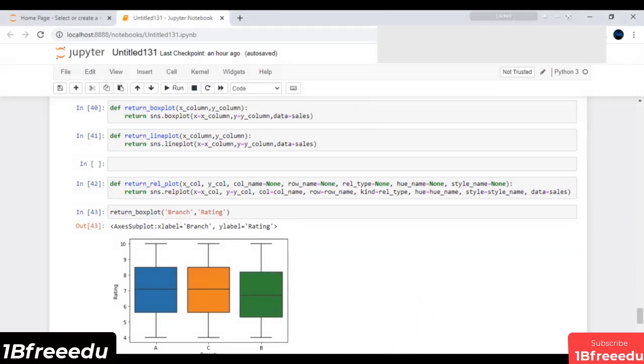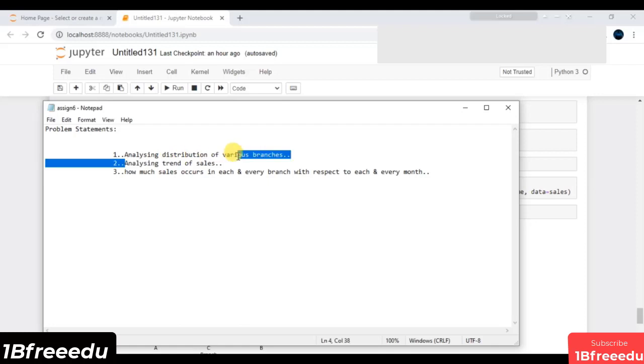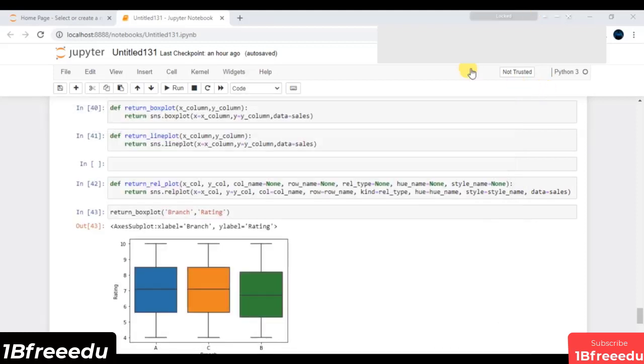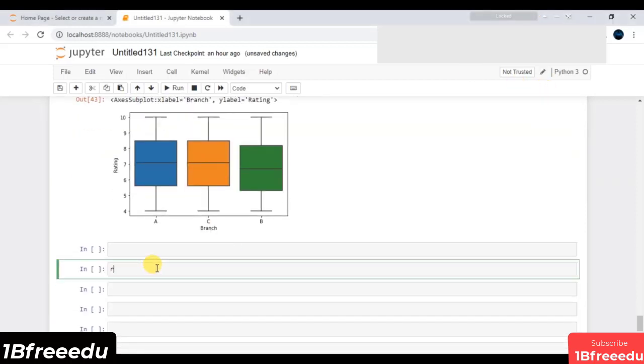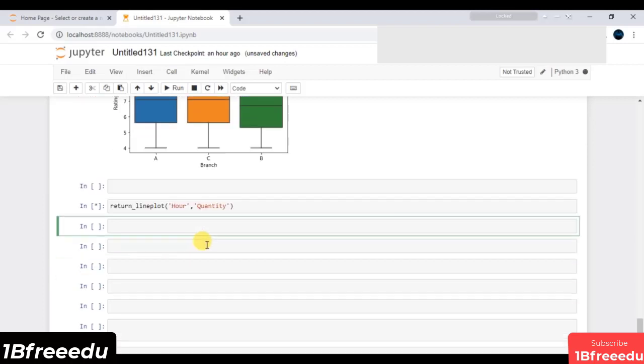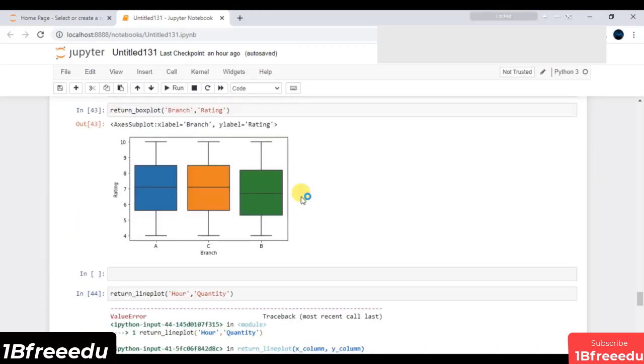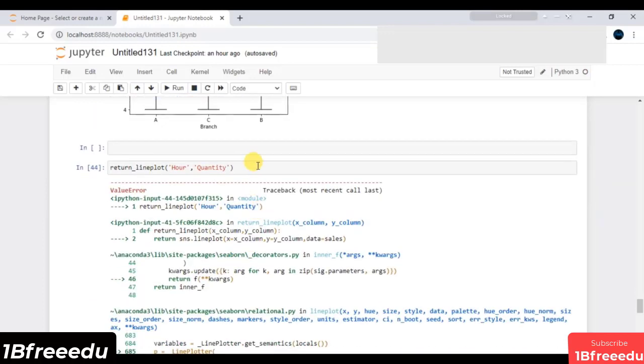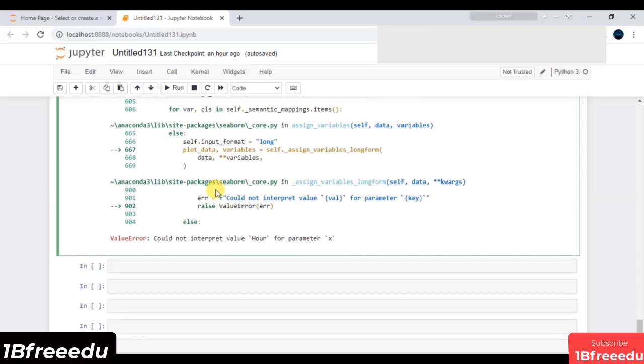So our second problem statement is all about analyzing the trend of the sales. If we have a trend, we can think of using the line plot function that we have defined. Inside this line plot, the very first is exactly my hour. The second feature is exactly my quantity. And if I execute this line of code, you will end up having your final conclusion. But you will see you have an error, a value error. Let's try to